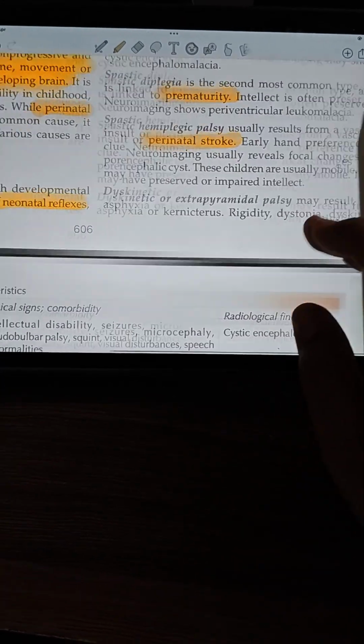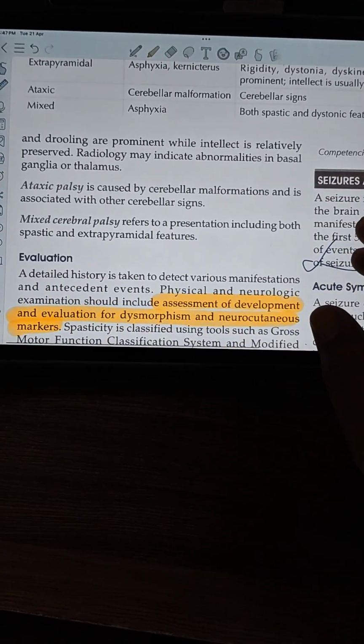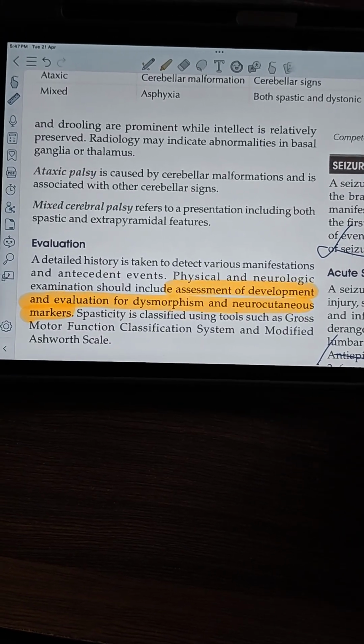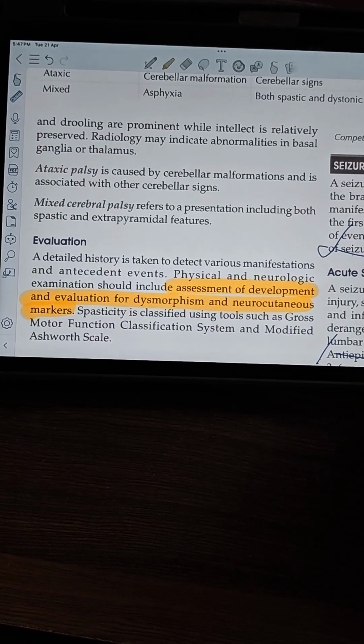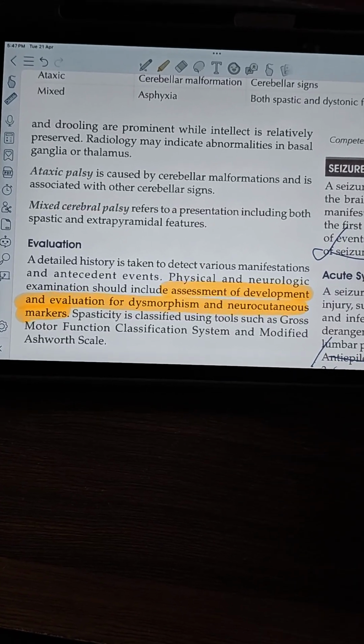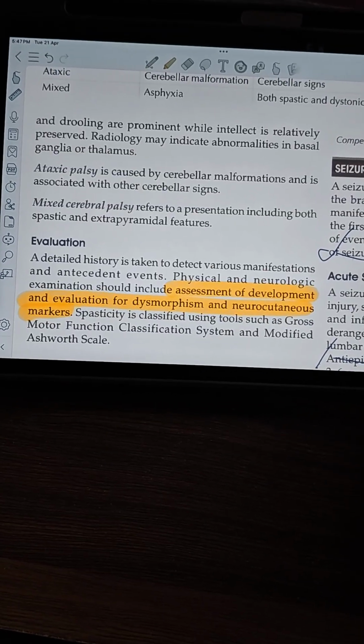Rigidity, dystonia, dyskinesia, and drooling are prominent, while intellect is relatively preserved, and radiologically it may indicate abnormalities in the basal ganglia. And ataxic palsy is caused by cerebellar malformation, and mixed means it includes both spastic